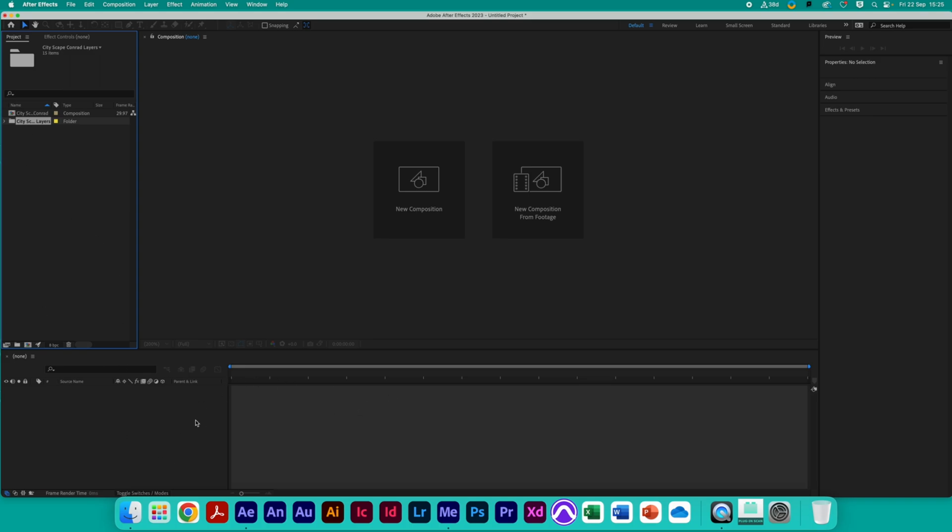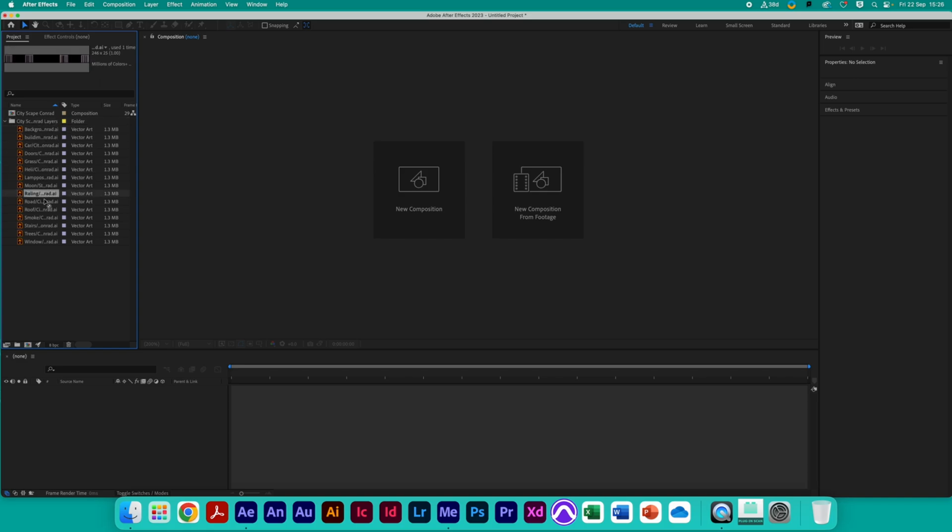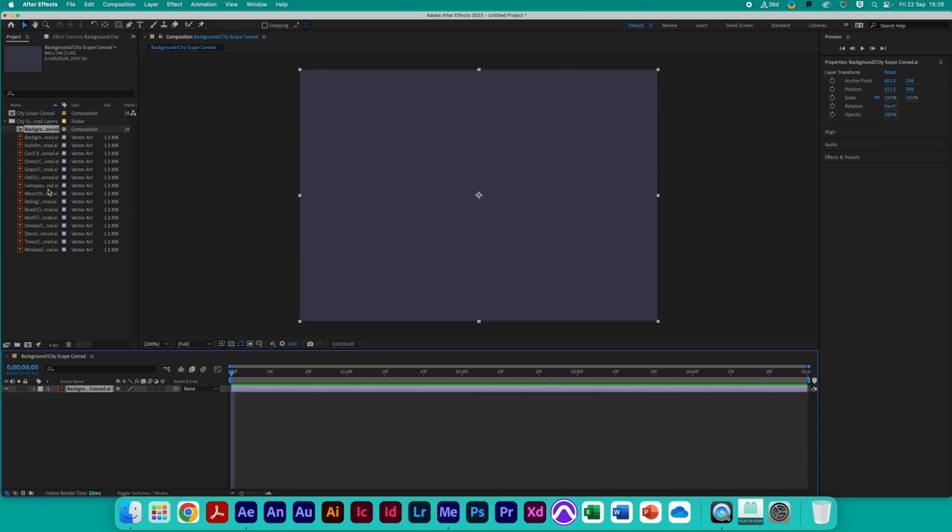and gives us a new composition. What you're looking at here is the timeline, and over here is the project, where all the different assets are that you can put into the timeline. Now you can see here I've got all my separate layers, so you can start to drag them in. If you want to, you can drag them in one by one, or you can drag them in all together,